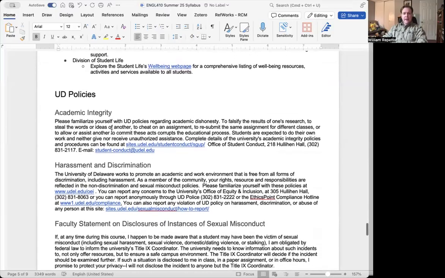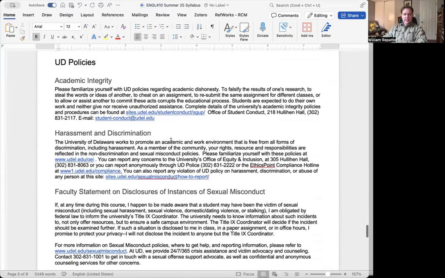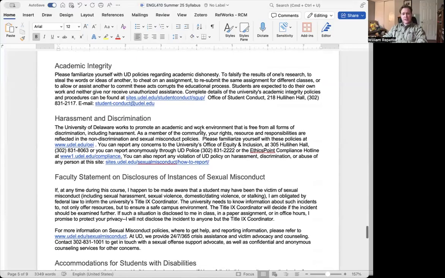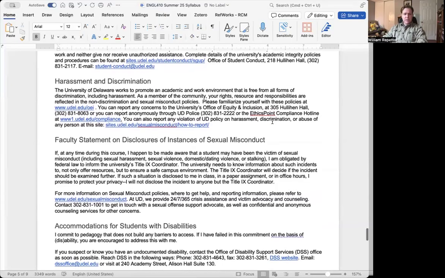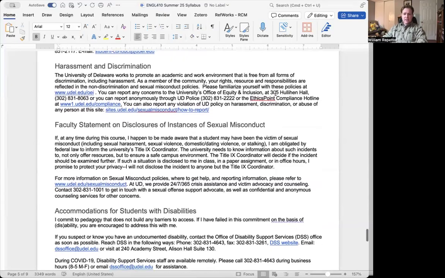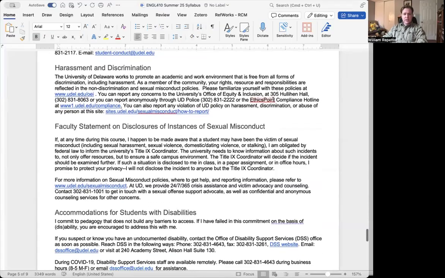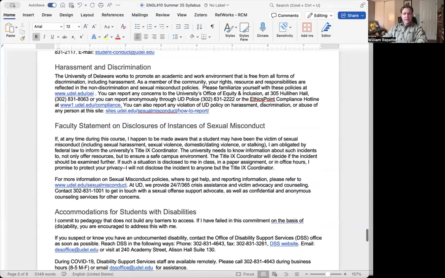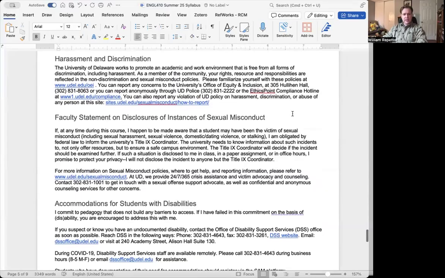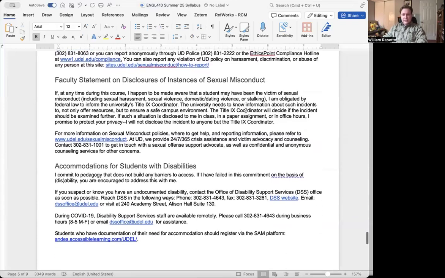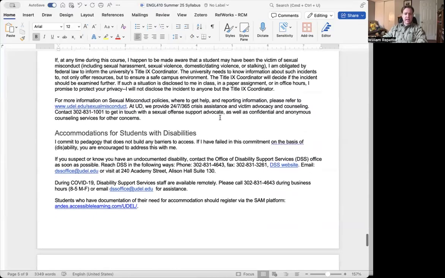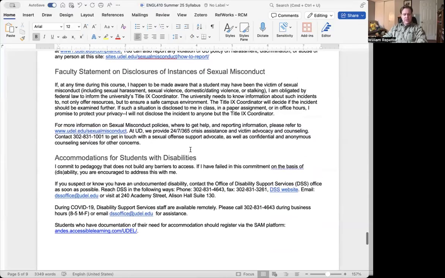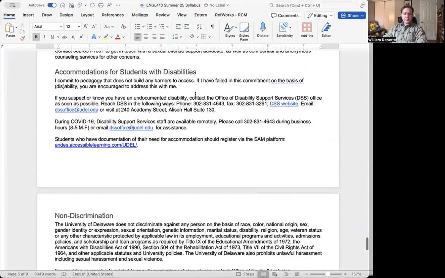And then we can go through these other options you have and make sure you get the kind of help you need. UD policies, like I said, I have the one academic integrity rule pretty much. Don't use ChatGPT without telling me. Don't plagiarize. Again, juniors and seniors, this should be known to you. Harassment and discrimination. Like I said, if anything goes on the discussion board you don't feel good about, here are some resources to reach out to and to get some support. Instances of sexual misconduct, again, don't get up to anything inappropriate on Canvas or messaging people, or else here's all the information you need to report that.